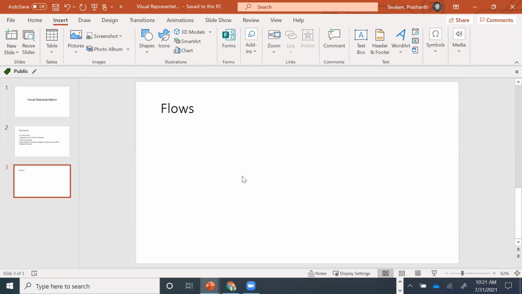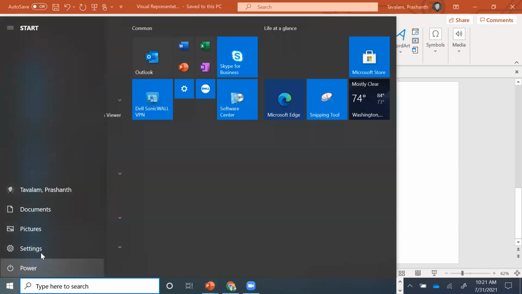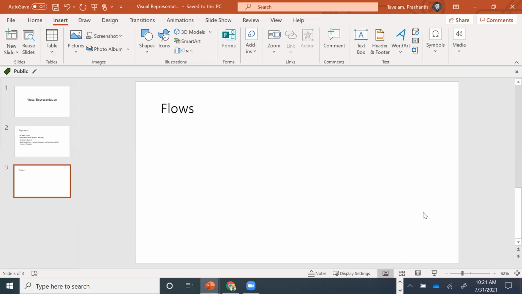That is a happy path. Now, if I don't save it and directly close it, that's an alternate flow. Then I don't do anything, I directly go to shut down and say power off. That is another alternate flow.